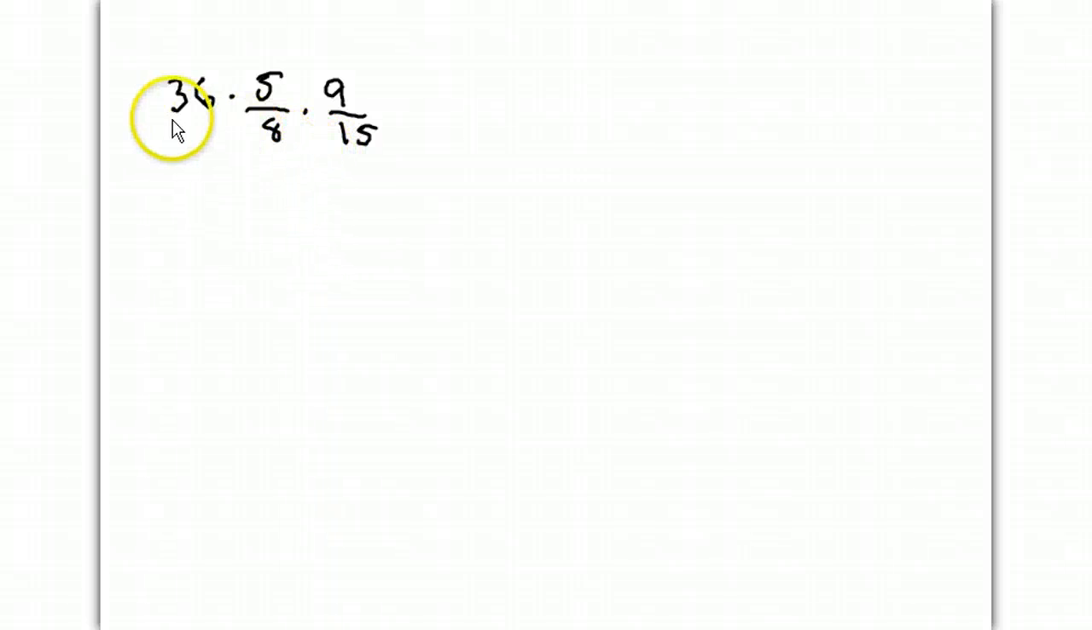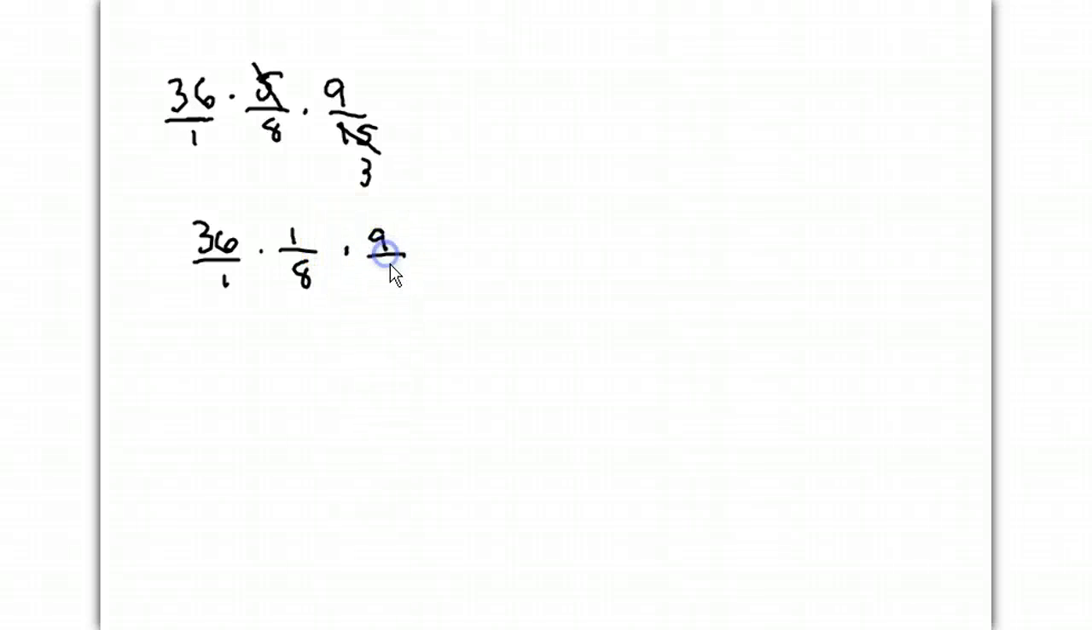So what I'm going to do is put 36 over 1. Now, if you have something at the bottom that relates with something at the top, then you can reduce those. So when I see a 5 at the top, that will go into the 15 at the bottom 3 times. And so what will happen is now I have 36 over 1 times 1 over 8, 1 being a placeholder,